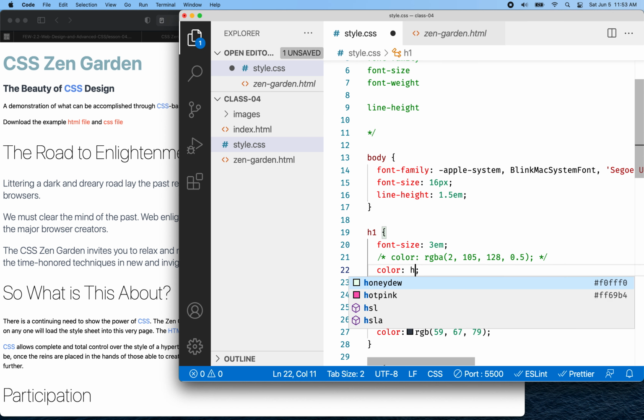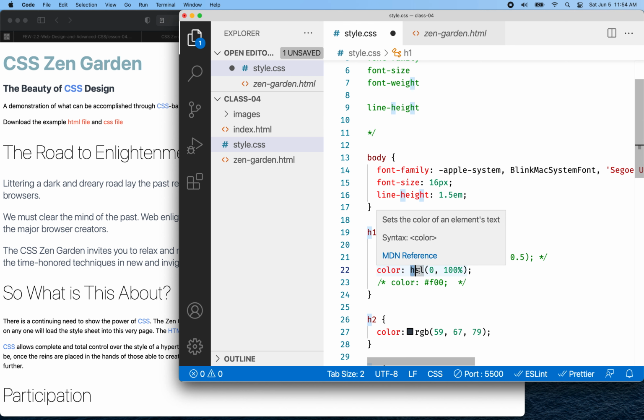So I'm going to do HSL, and then I'll say, what color do I want? And the color is expressed like a color wheel. So it's expressed in degrees, and it goes from 0 to 360. So at 0 degrees, it's red, and at 360, you're at red again, okay? So this should be red, and then the second number is the saturation, so that H is hue, hue is the color,